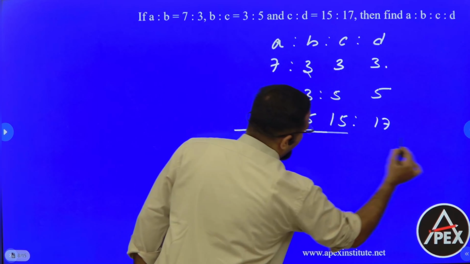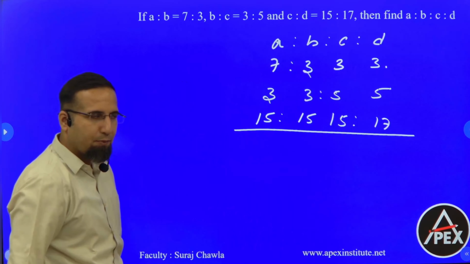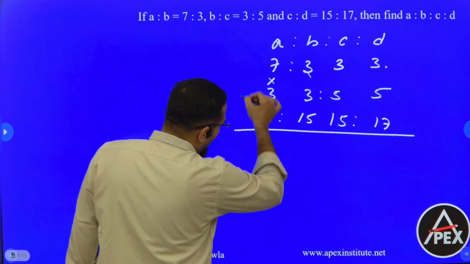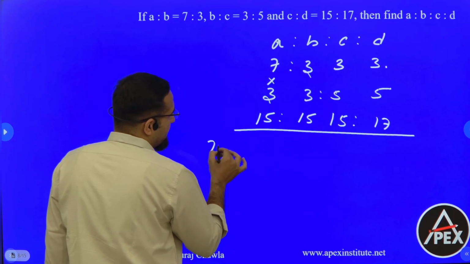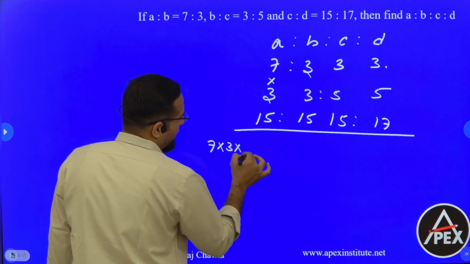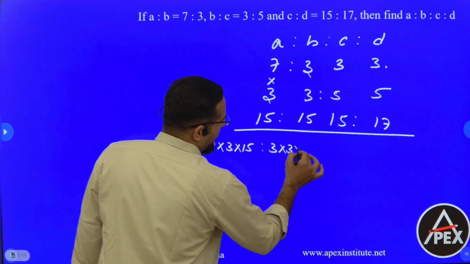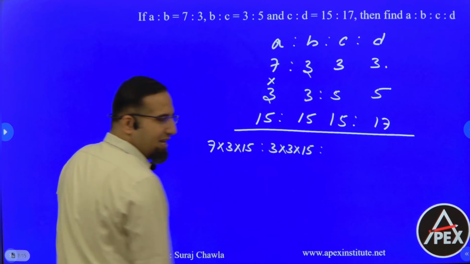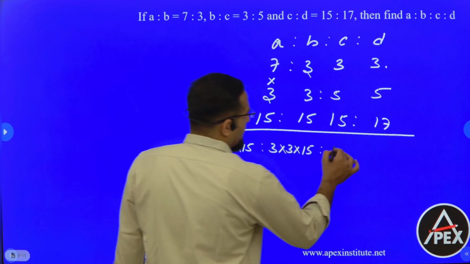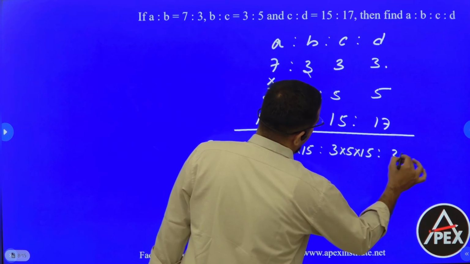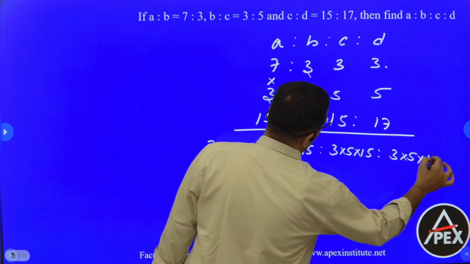Now I want the value of A is to B is to C is to D. Right? Now, if I'm multiplying all of them, understand this whole part becomes 1. That is 7 into 3 into 15 is the value of A, 3 into 3 into 15 is the value of B, 3 into 5 into 15 is the value of C, and 3 into 5 into 17 is the value